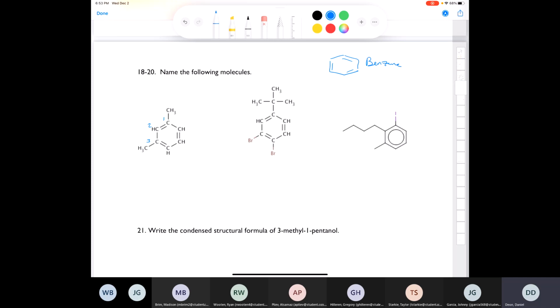Benzene. So we could call this 1,3-dimethylbenzene. That would work. Since it's di-substituted, another way that you could describe this would be meta-dimethylbenzene. So you could call it meta-dimethylbenzene. That works. And then it also has a common name if you Google it, which I would never expect